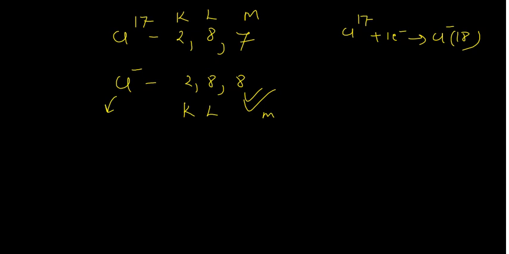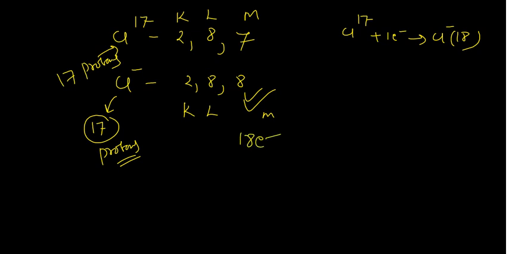In that case, 17 protons are there. In that case also 17 protons are there, but in one case you have 18 electrons, in the other you have 17 electrons. So whenever the number of electrons increases and protons remain the same, that means the force of attraction would be smaller, because negative charge increases. So consequently the electronic repulsion would occur, and due to this repulsion the electron cloud expands. When the electron cloud expands, we say that the anion will always have a bigger size than its parent atom.